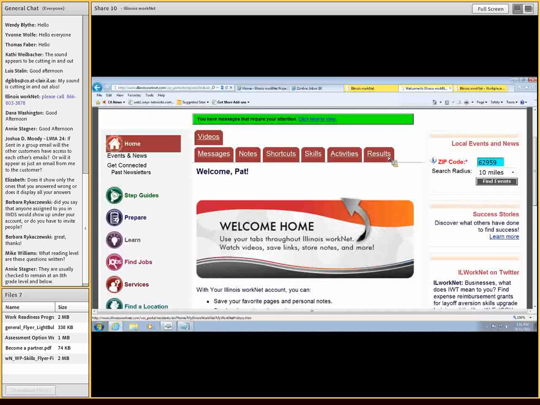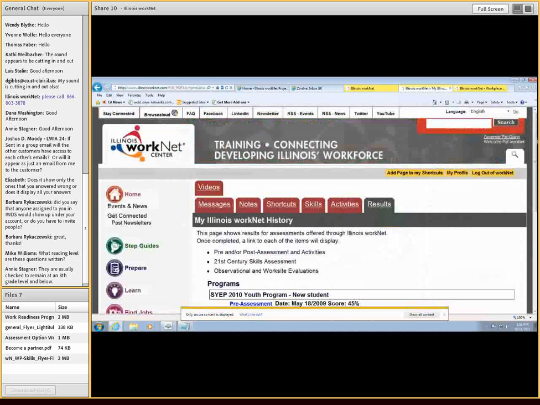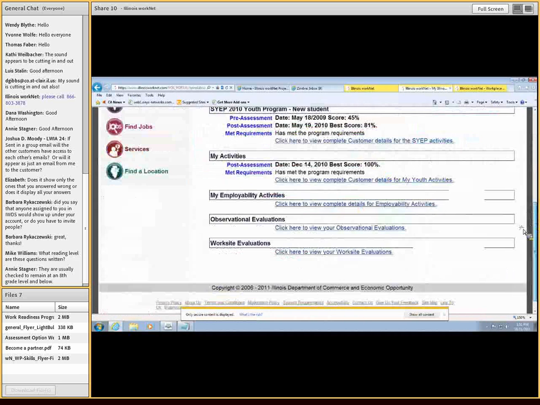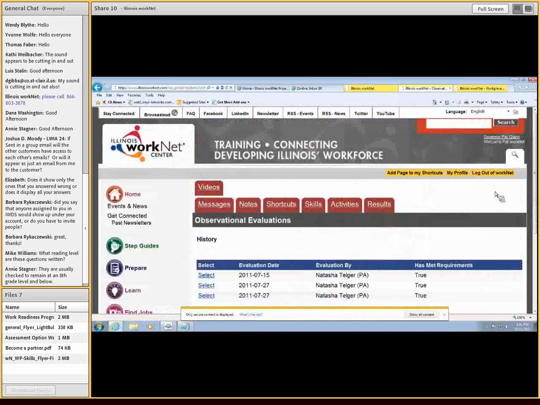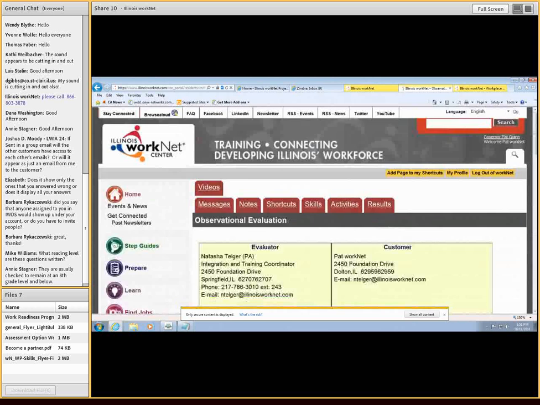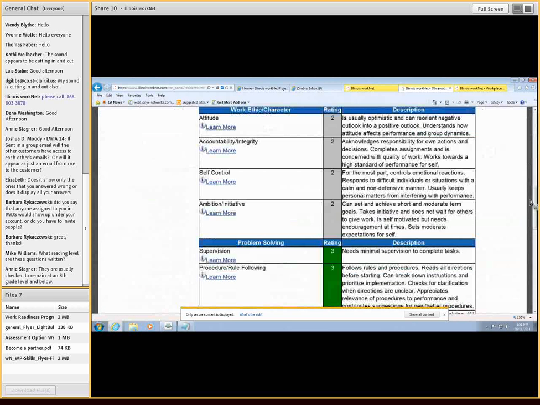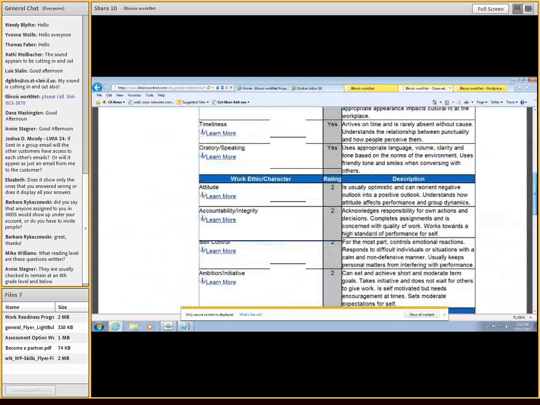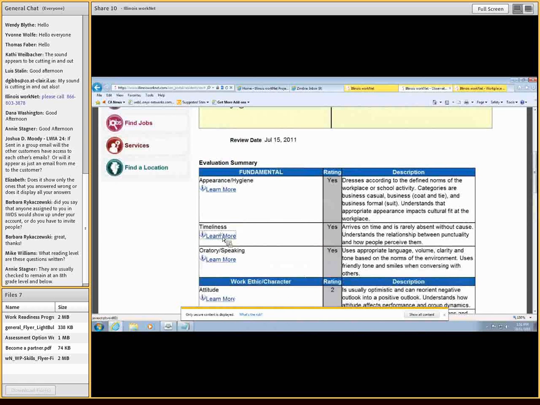Well, I'm logged in as Pat, so you can see the results from a customer's perspective. And we have the employability activities. This is Pat's observational assessment. You can go through and take a look at the different areas for completed observational assessments. So again, each of these takes them to the different resources that are available on Worknet. Some of these may cover more than one area in the skill